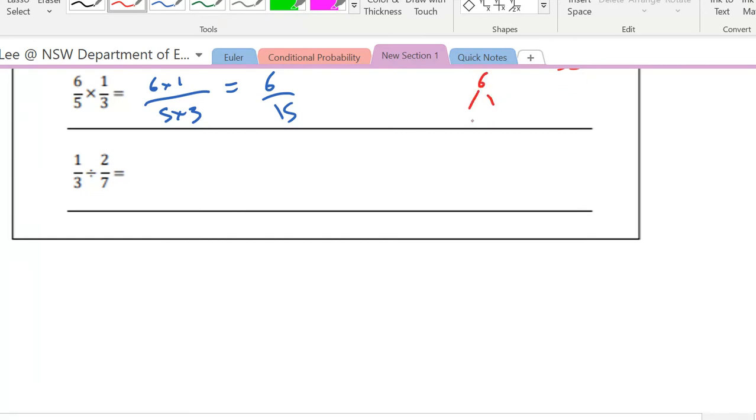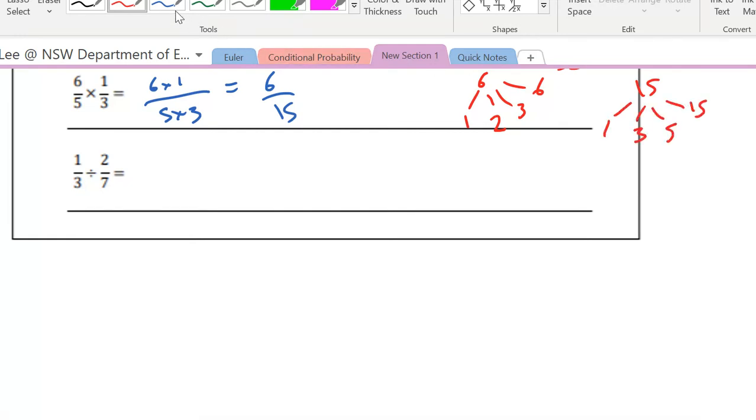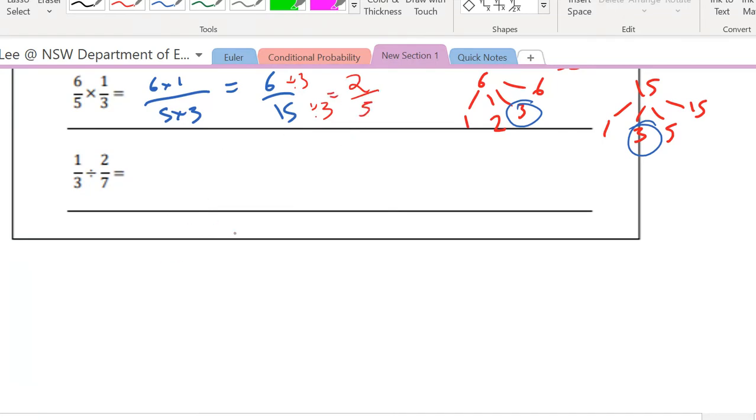We must always consider whether we can simplify our fractions. Let's look at the factors of 6: 1, 2, 3, and 6. Let's look at the factors of 15: 1, 3, 5, and 15. So the highest common factor is going to be 3. Let's divide by 3 to give 2 over 5. Okay, so you have a go at